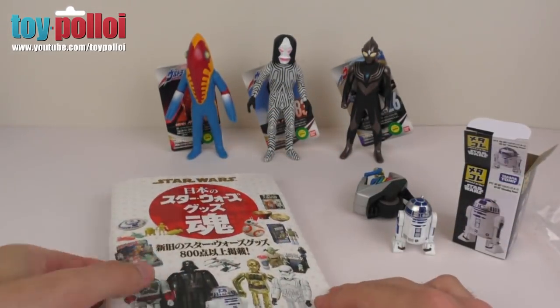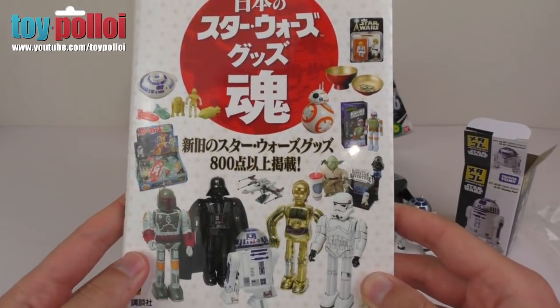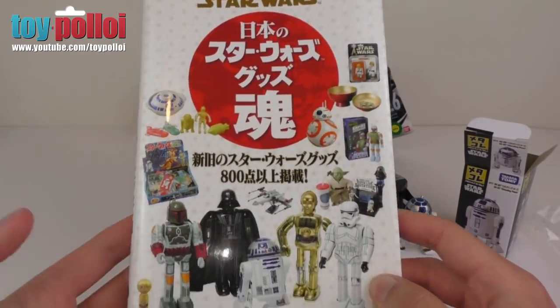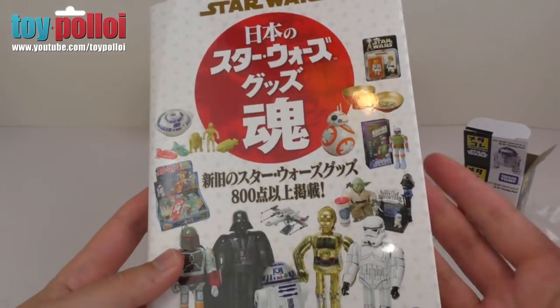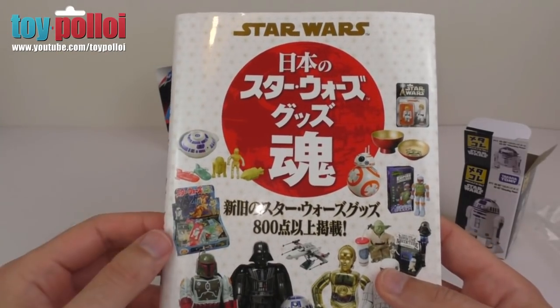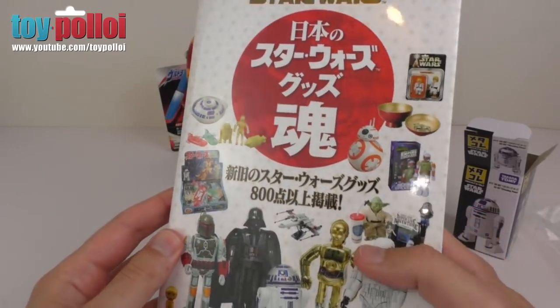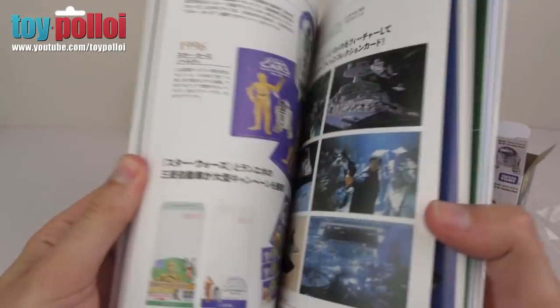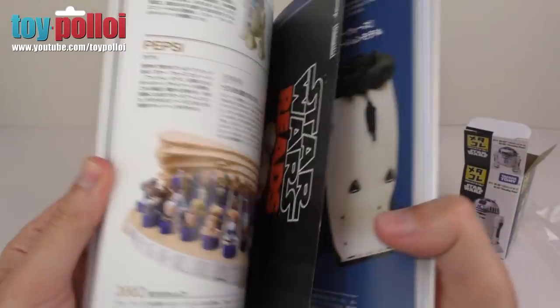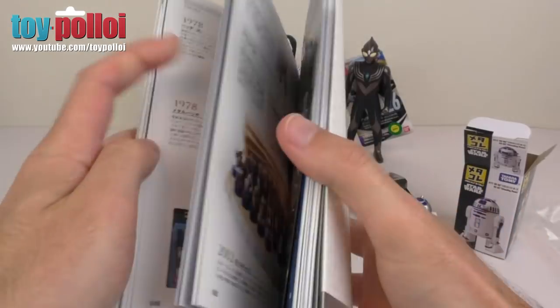And then the last of my odd selection of bits is this book, which is a book about Star Wars collectibles. Now I found this in a shop called Village Vanguard, which you do see all over the place. It's a shop that stocks just oddities really, and little kitsch bits from various franchises and the like, but this is a book about collectibles for Star Wars, and as you can see there are pictures of strange Japanese only Star Wars collectibles and all sorts of things in it,